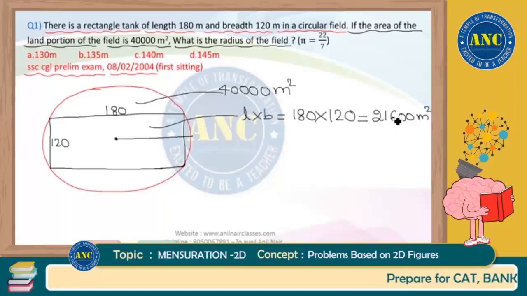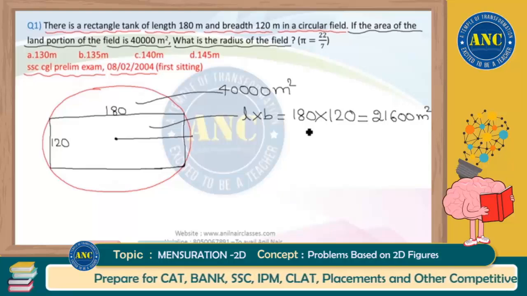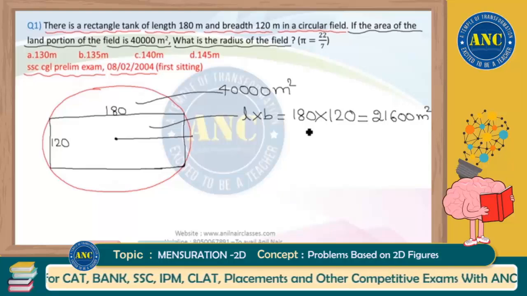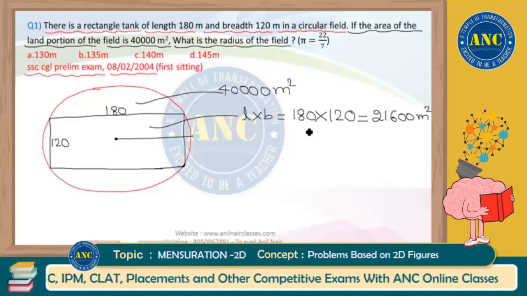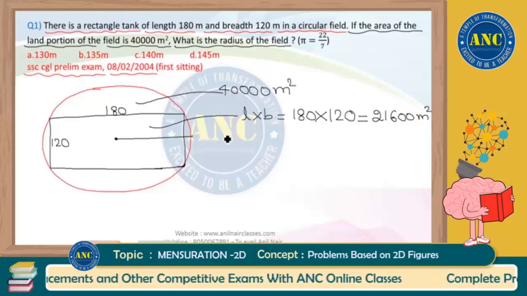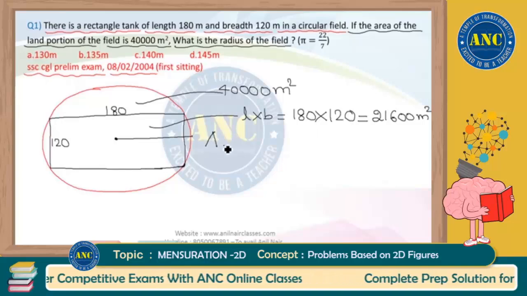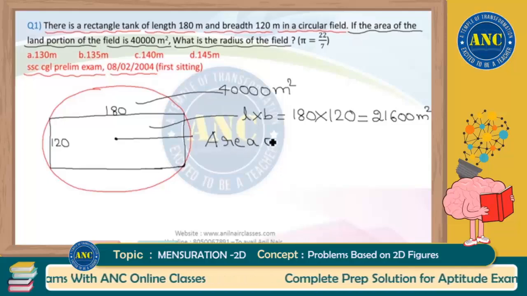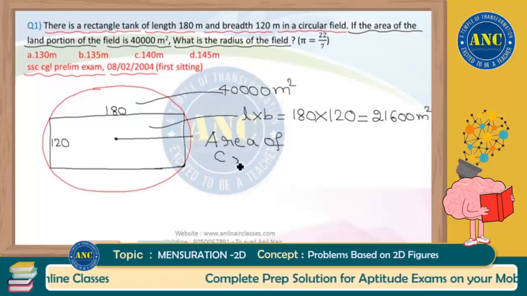21,600 meter square is the area of that rectangular tank. Now, area of that rectangular tank is nothing but 21,600. Can I say that area of entire circle is nothing but